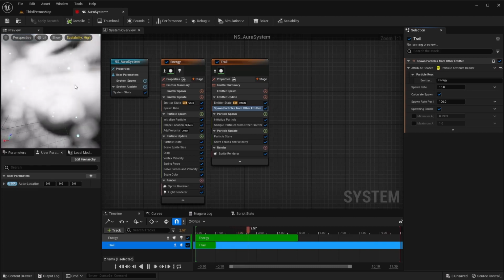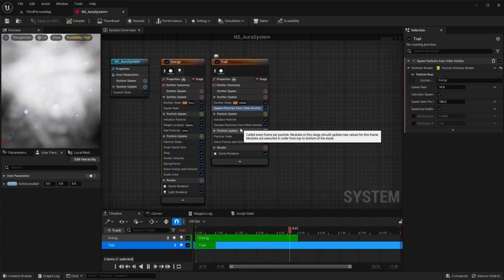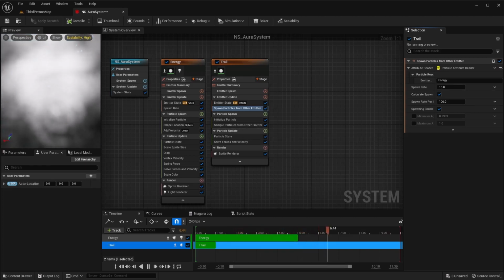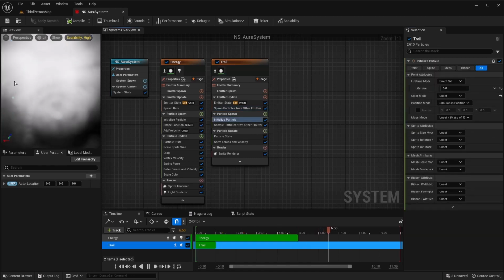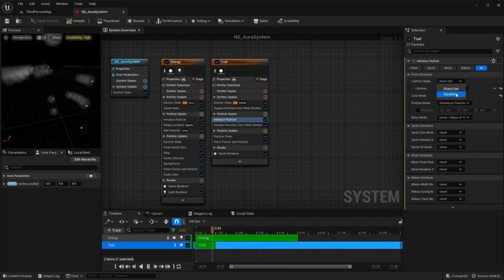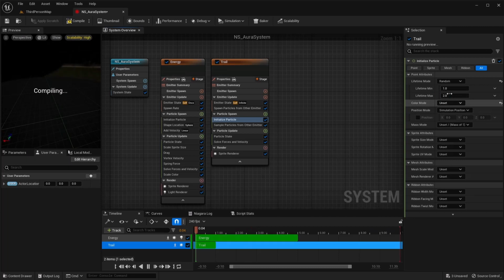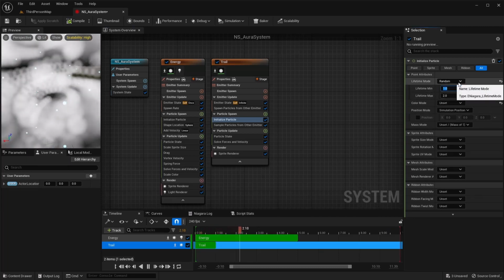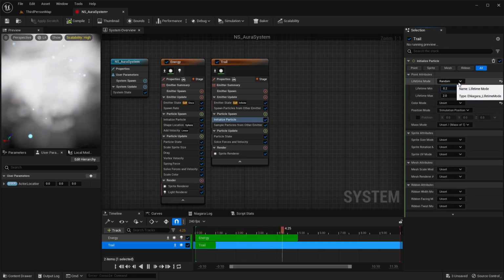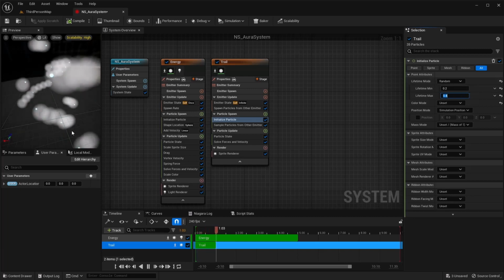Now we see it spawning there. We're going to change the spawn rate, these two spawn rates here later. For now, if we go over to our initialized particle, we want these to die off a little differently. So I'm going to set lifetime mode at random, and I want this to be in between maybe like 0.2 and 0.4.